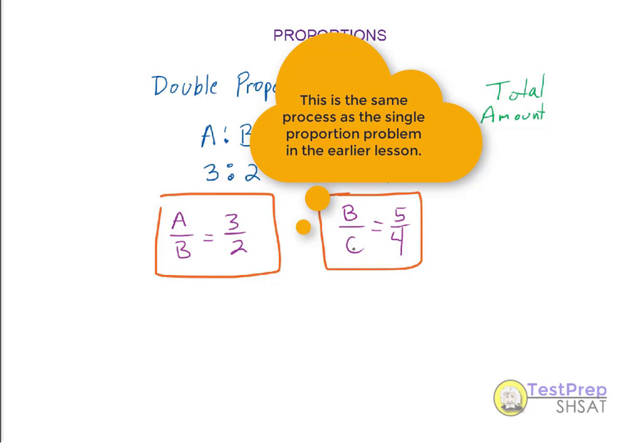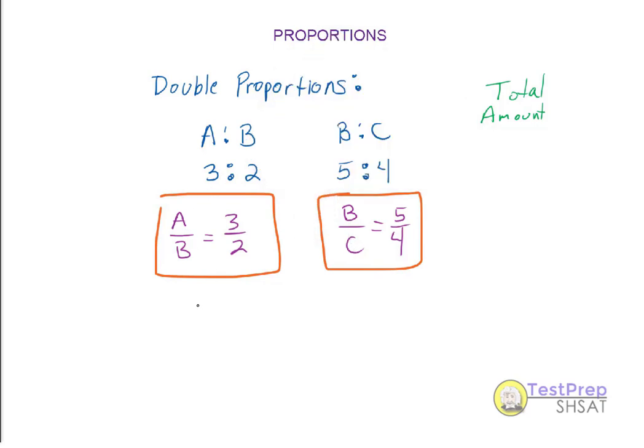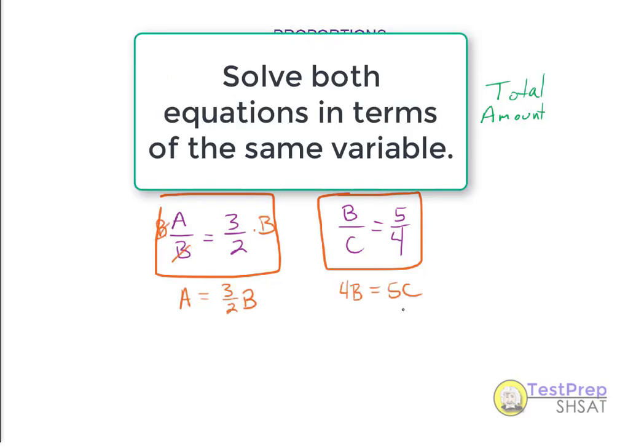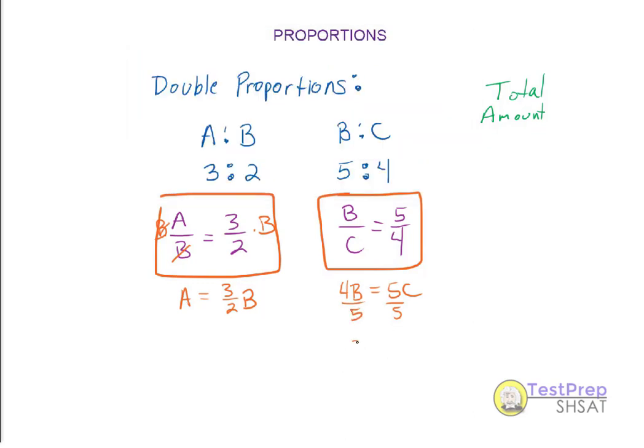Okay, how do I work with that? Let's solve for one of the variables. We aren't going to get a numerical value, and we've seen that case already in the single proportion problem. I'm going to multiply by B on both sides, and solve for C in terms of B. I'm going to try and keep the variable I solve in terms of the same. That'll make life easier as we move forward. So divide by the coefficient of C on both sides, and we'll see C, 5's cancel, equals 4B divided by 5,